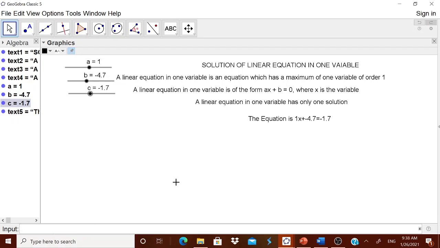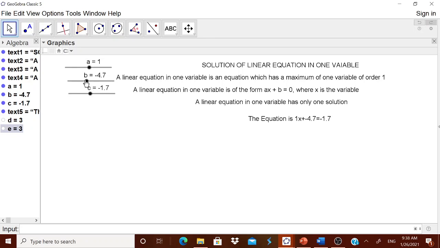First we have to move this b to the right hand side, where we'll have d is equal to, very simple, d is equal to, right hand side we are keeping it as c minus b. Is it okay? Then again it has gone to the right hand side, therefore we have to simply divide it by the coefficient of x, therefore d by a. That's all, very simple. Now you got the answer.